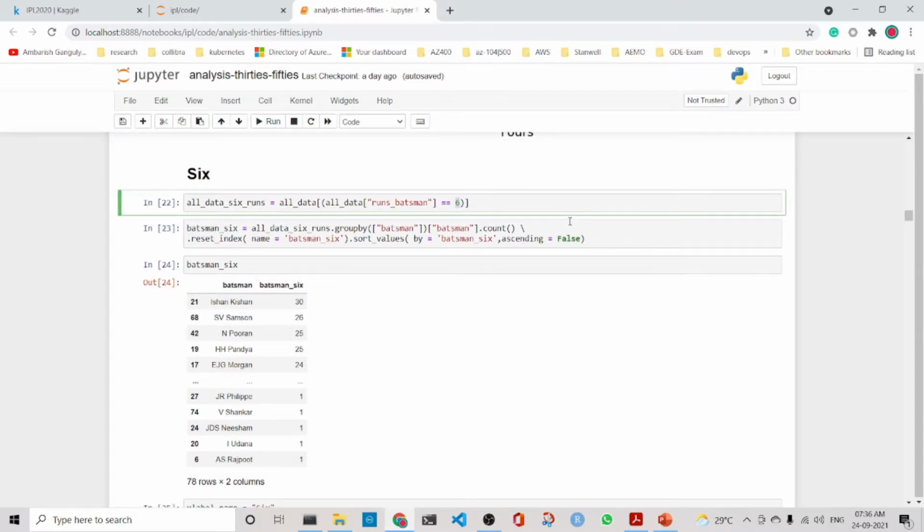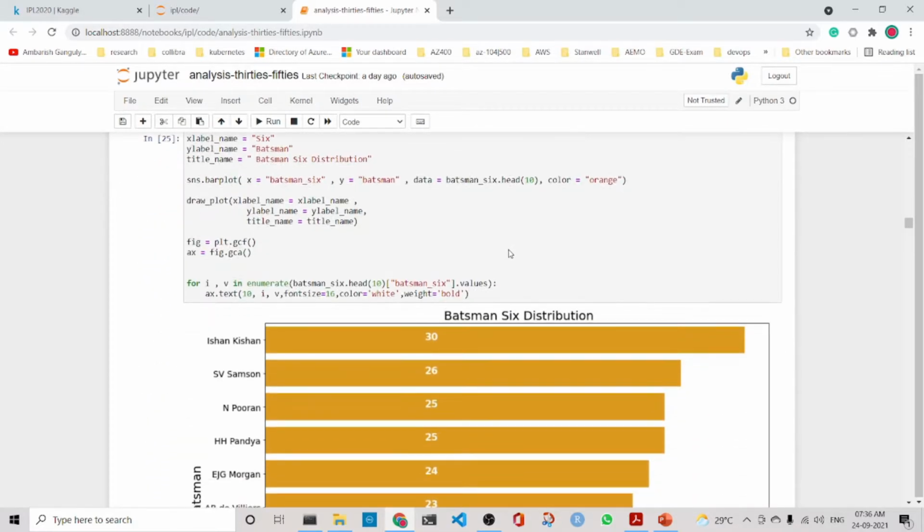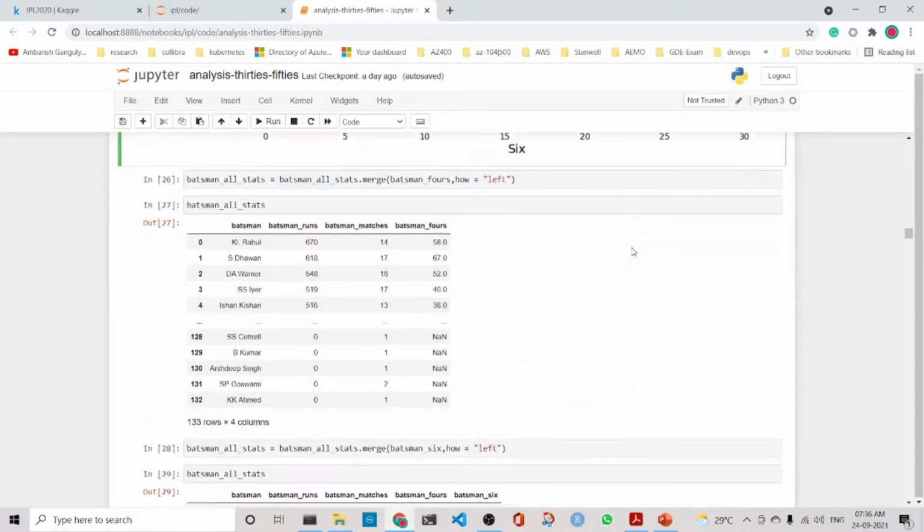Here we filter by the runs batsman, then do a group by with the batsman, and then we can get the number of sixes. The same concept here, we are using a bar plot, a very simple strategy. I love bar plots, and I invert it so that the name comes at the side and the bar has a length, and in the middle I show the figure associated with it. Here there is 36 sixes, so this is the bar plot for the sixes.